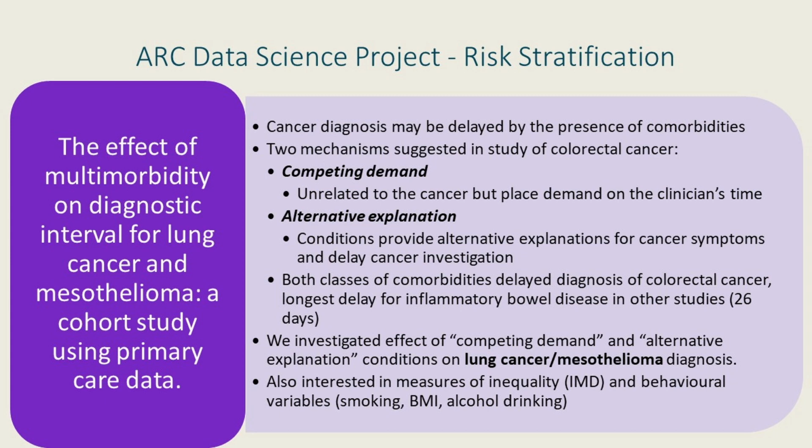I'm just going to talk through how we went about a project using routine data to look at cancer risk stratification. There's been evidence accumulating that cancer diagnosis may be delayed if the patient has comorbidities, and it's been suggested that there might be a few mechanisms explaining this, one of which is competing demand, which is where the patient has conditions that are unrelated to the cancer but place demand on the clinician's time. And also alternative explanation. That's where conditions are present that might provide an alternative explanation for cancer symptoms,